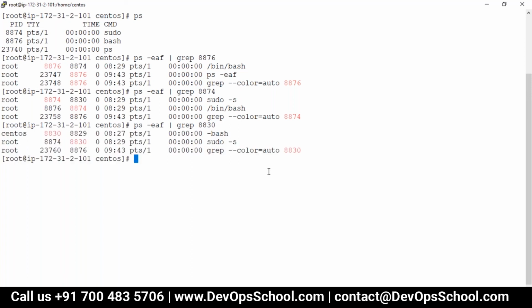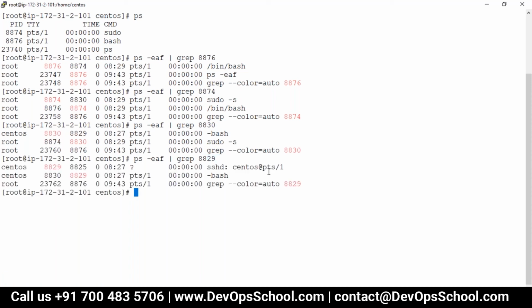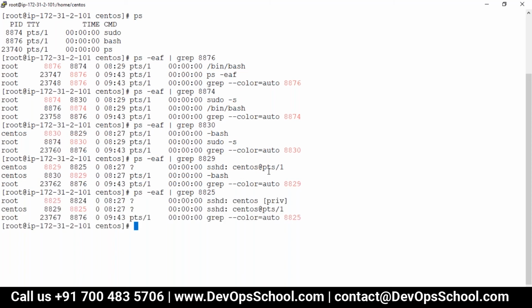Now 8830 is a bash, and the parent is 8821. 8821 is a CentOS sshd, and the parent of this is 8825. 8825 is sshd with different privileges assigned.